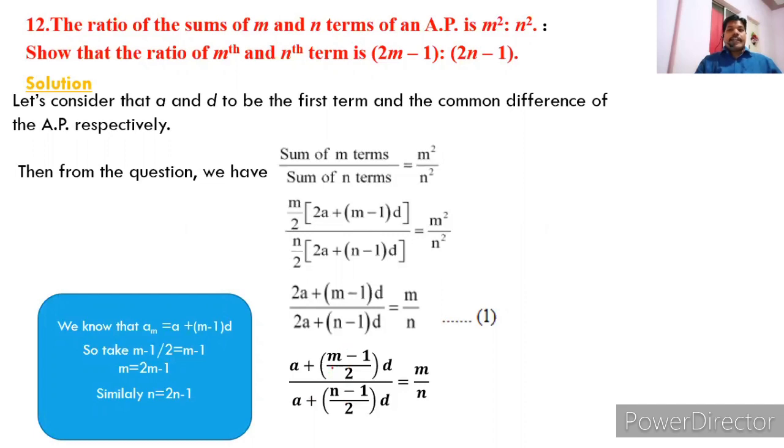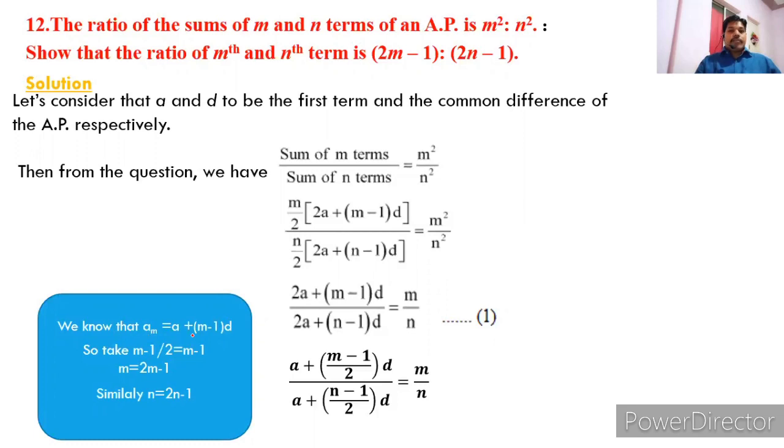So if you want to get m minus 1 by 2, you have to get m minus 1, what you have to replace. So I am taking m minus 1 by 2 is equal to, you have to get m minus 1. So take the 2 to this side, it will become 2m minus 2, and take this minus 1 to this side, it will become m is equal to 2m minus 1. So observe student, you have to get mth term.